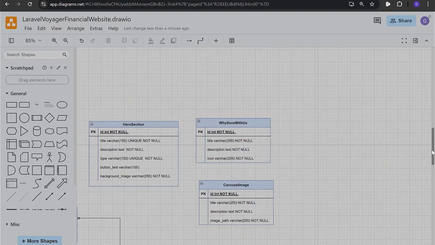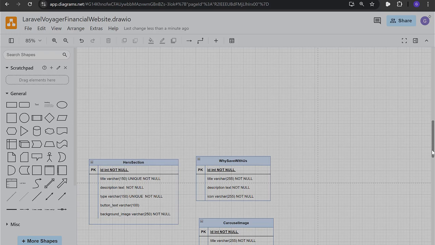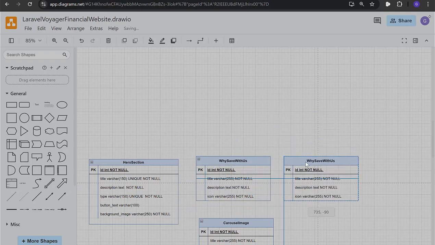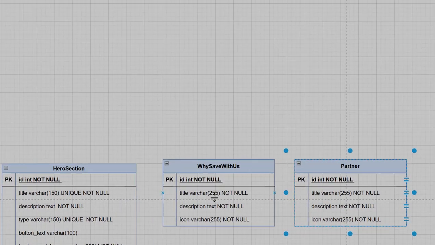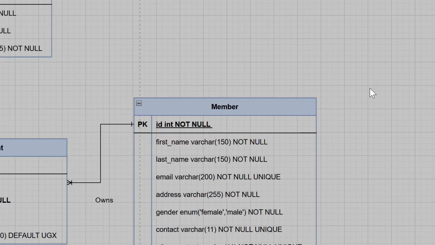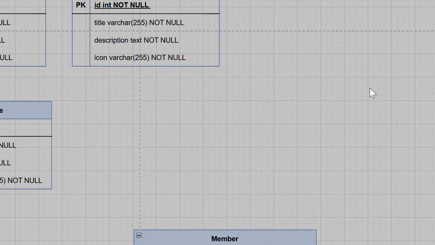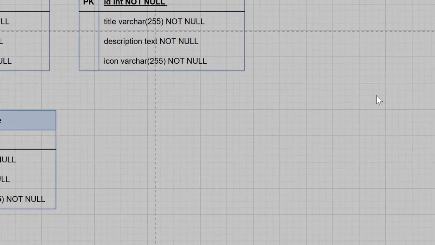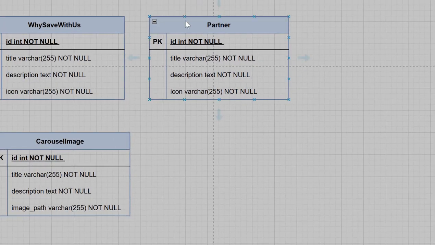So since it's a standalone or independent entity, we can just have it added here precisely. So this is going to be partner, and of course you do not have to add the S, because entities are stored in a way that the name must always be in singular format. So each partner will have a partner name,